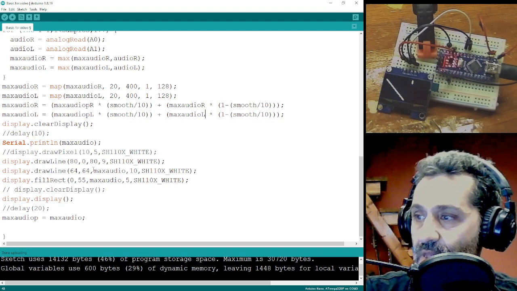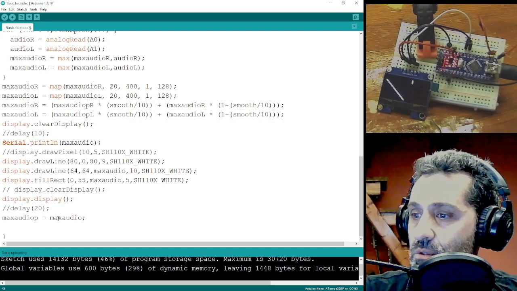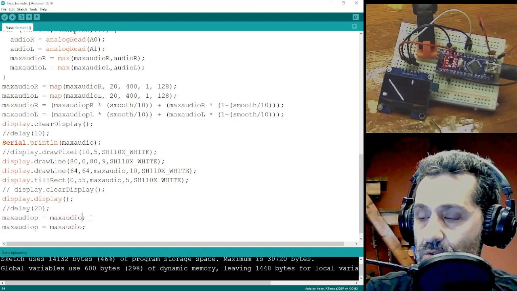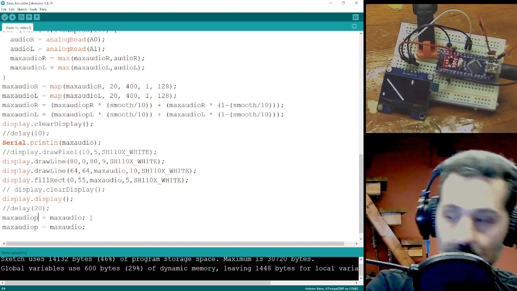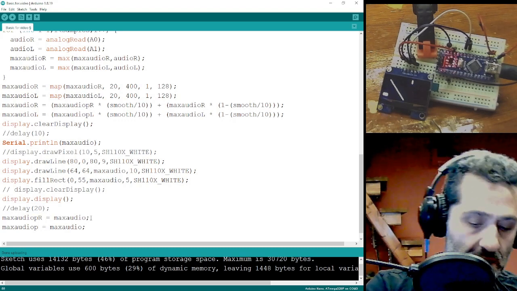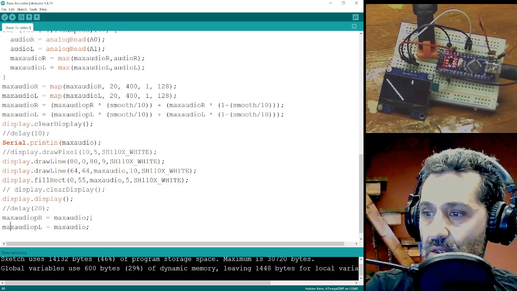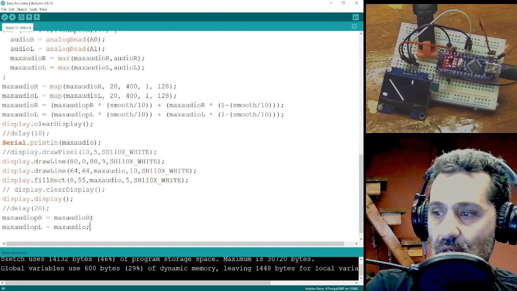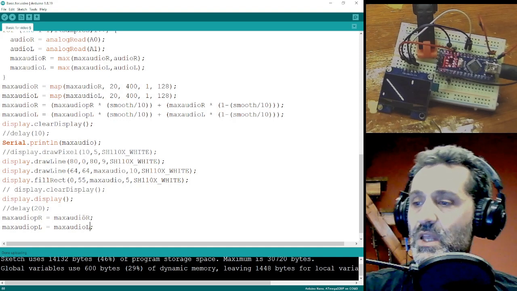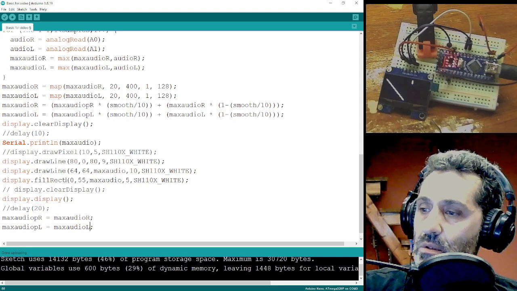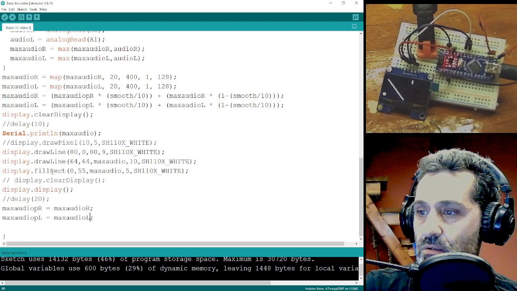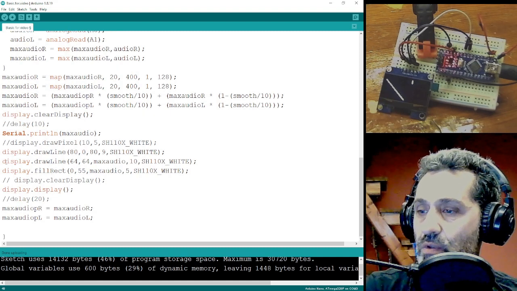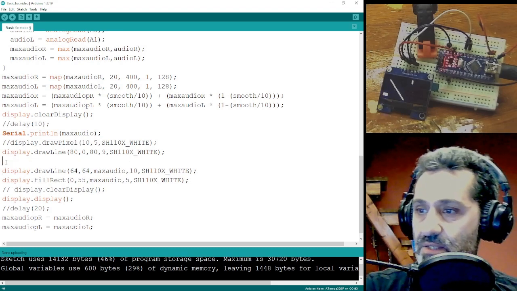Now, and here at the end I have to do this also 2 times. So this is R, this is L, this is R, this is L. Now, what I'm gonna have to do, okay, so this is the display